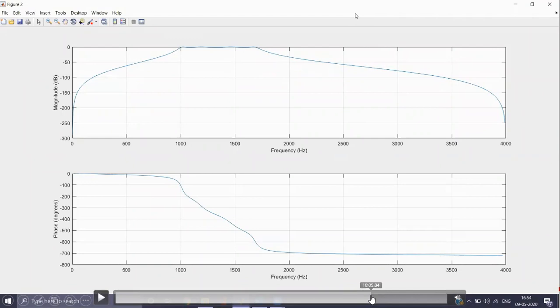So now we are observing the band pass filter response. The practical band pass Chebyshev type 1 filter has two transition bands, one pass band and two stop bands. And the phase response is not linear.